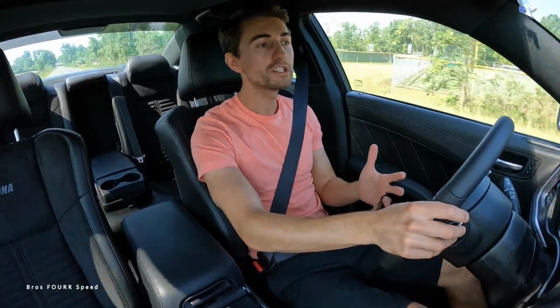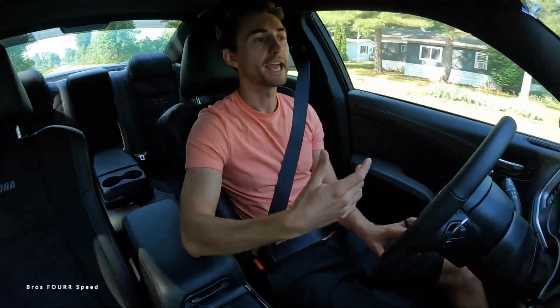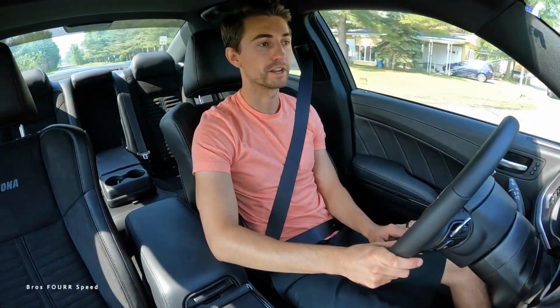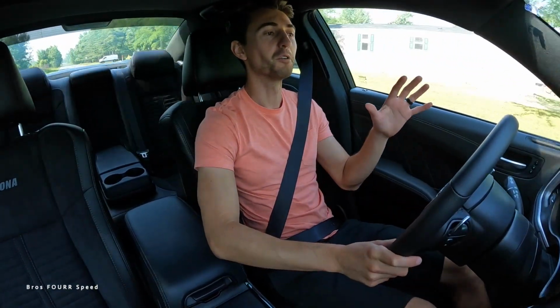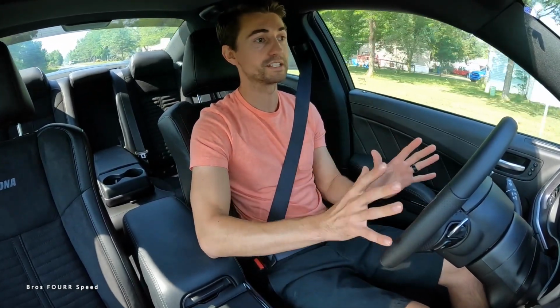So in general, the RT is not the most performance-focused car out there. It's not crazy fast or anything. And at $52,000, there are a lot of cars for this same money that you can buy. They're not going to have a V8, however, they are going to be faster just because they're all going to weigh 1,000 pounds less. So my only problem with the RT is don't buy it thinking it is a crazy fast muscle